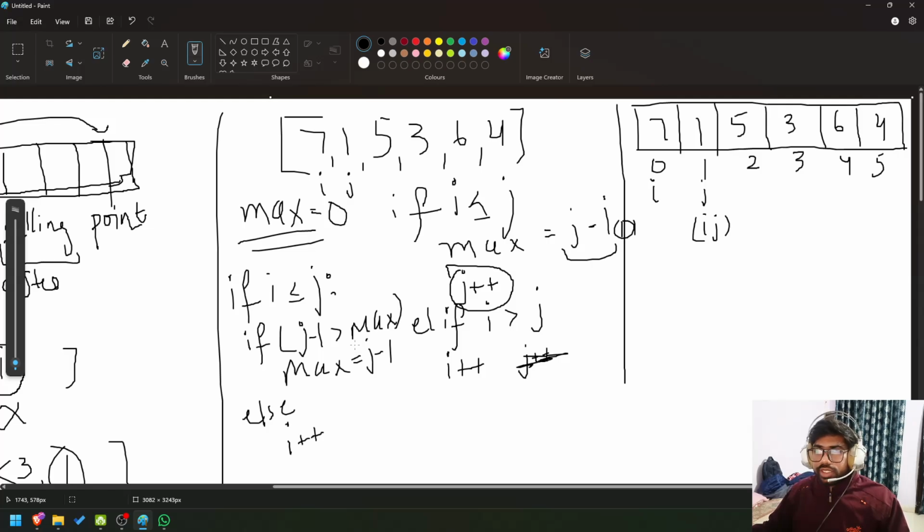and else we would just increment the I, and at the end we also increment J. Okay, what is the condition? If I is at least equal to itself, then I'll move J. Okay, right now I have I and J here,